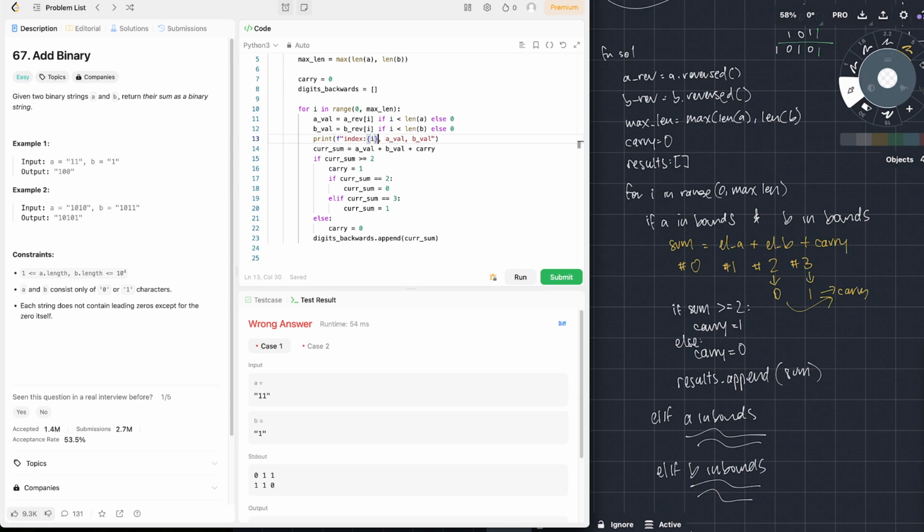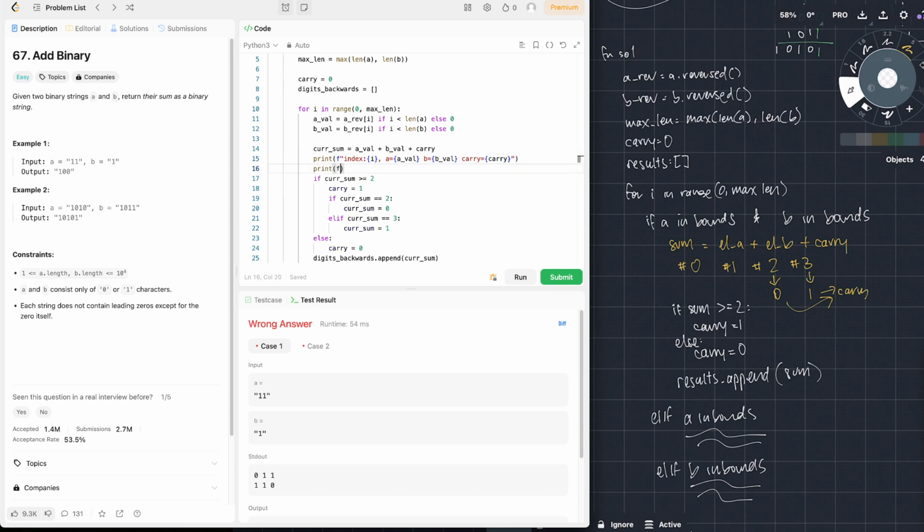So the index here is I, A equals this A dot val, B equals this B dot val, and I guess carry equals this carry, and then